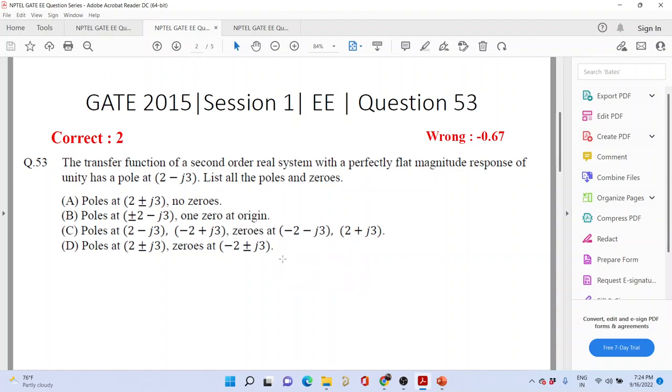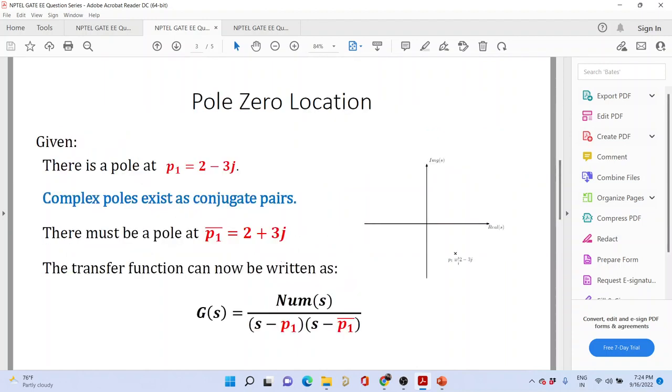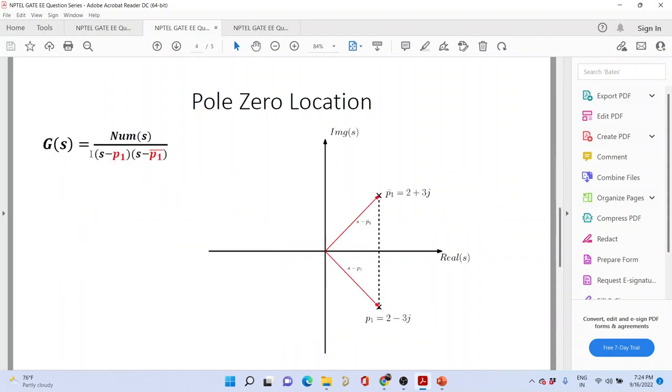The reason I am saying this is, you have already mentioned that we have one pole at 2 minus 3j. A complex pole exists in conjugate pairs, so there will be another pole at 2 plus 3j. Correct, absolutely correct. Now what about zeros? Okay, so we do not know about the numerator polynomial as of now. So you see why,